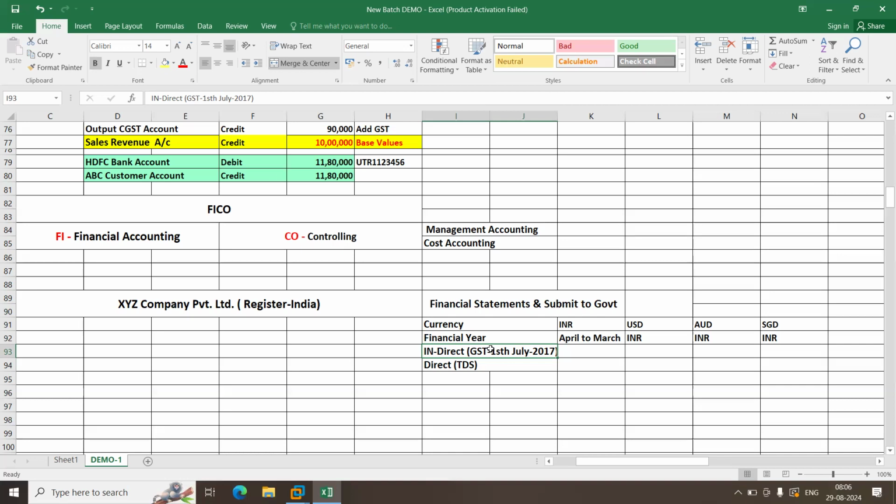I am busy with my regular operations. Then how can I focus parallelly on what is happening in the new GST? So in this period, most companies gave this new GST process implementation